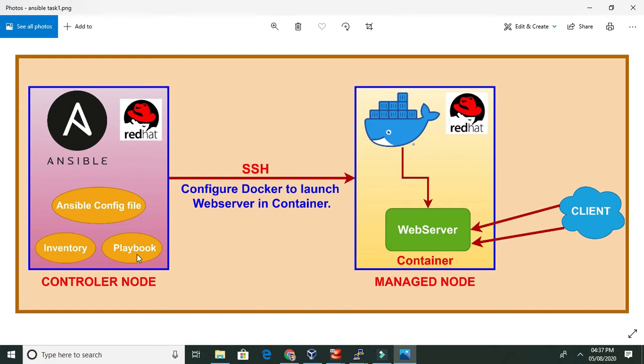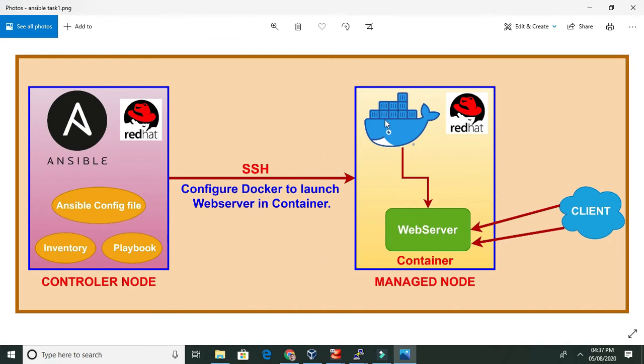For writing code in Ansible, we are going to use a playbook. In a playbook we write code in the YAML language, so we will see that ahead. This is our controller node, and from here the code is going to pass to the managed node via SSH.